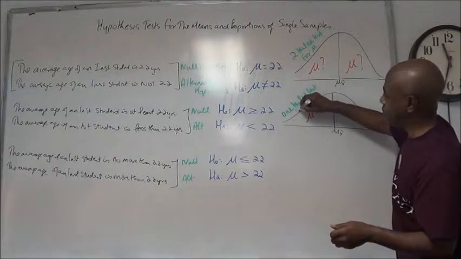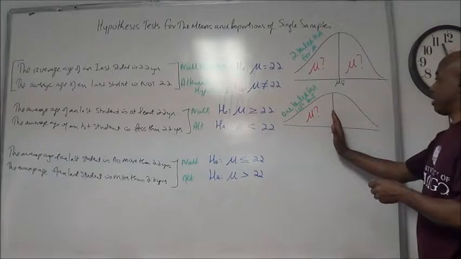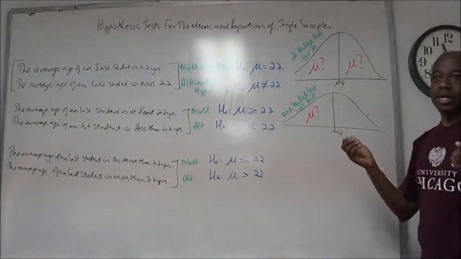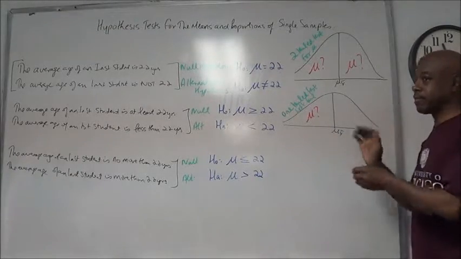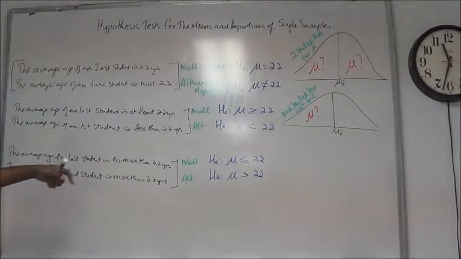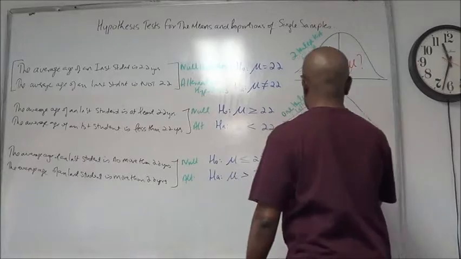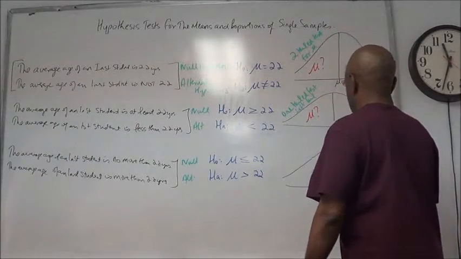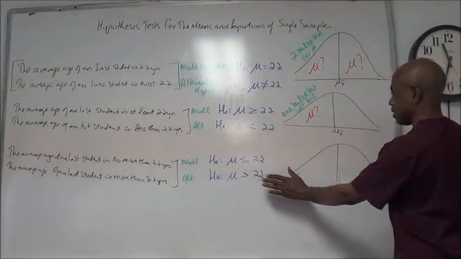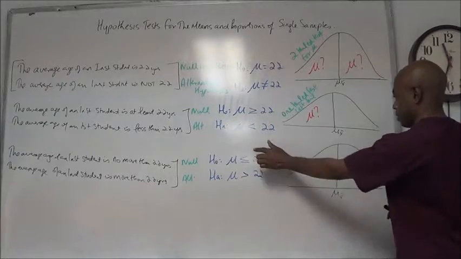And which tail? Left tail. So he says, I think it's someplace here to the right. We say, okay, let's test the left-hand side and see if it's there or not. If we find it there, then he can't be right. So, let's look at the last one then. In the last one, just the opposite is the case. He said the average age is 22 or less. So he said the average age is from here, go that way. That's what he said.